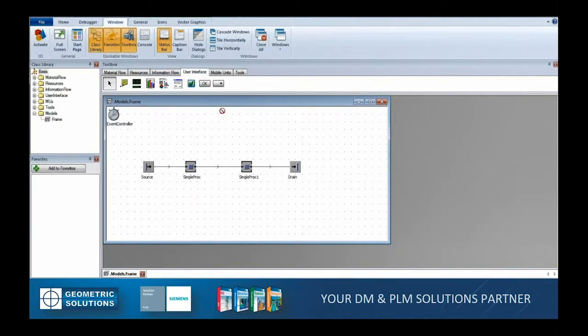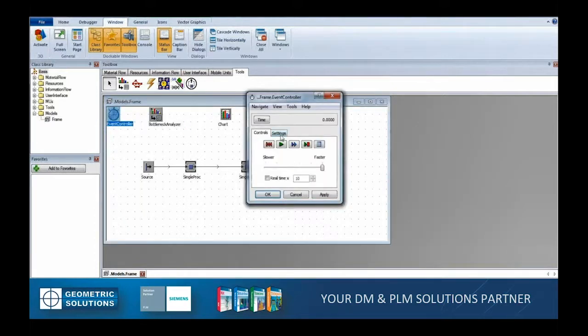Here I'm just going to grab a chart because I want to get some information, but I can run bottleneck analyzers to find where the bottlenecks are, Sankey diagrams to see flow, energy analyzers, experiment managers. I can do design of experiments, and optimization wizards that help me figure out how to solve my problem and optimize things. So what I'm going to do here is just say I'm going to run 20 days worth of production,